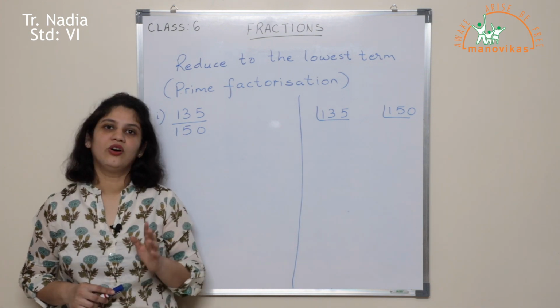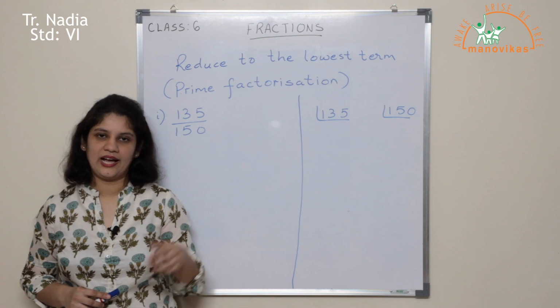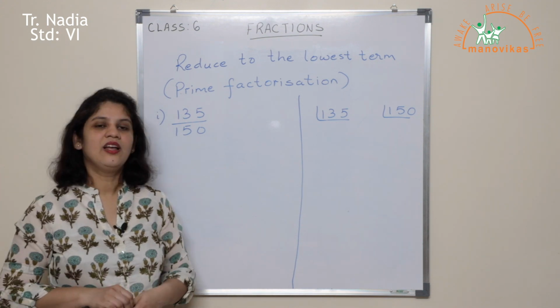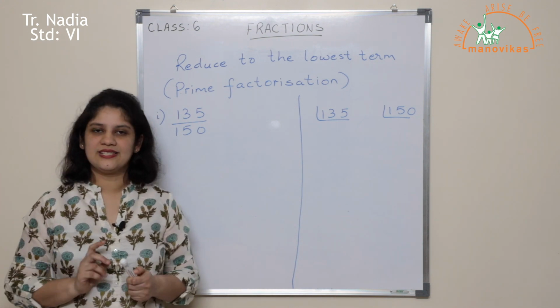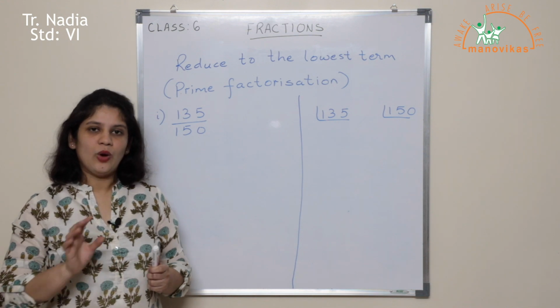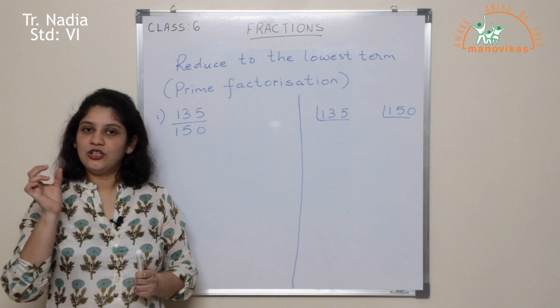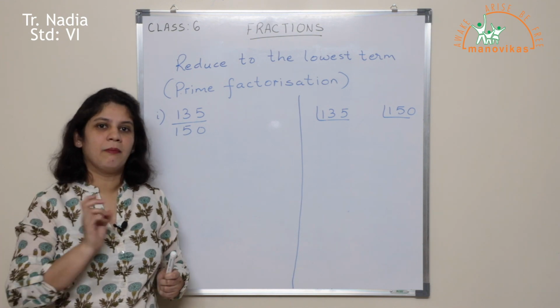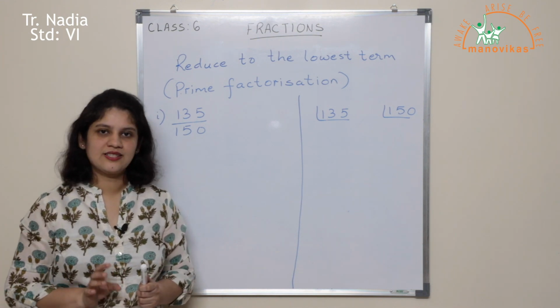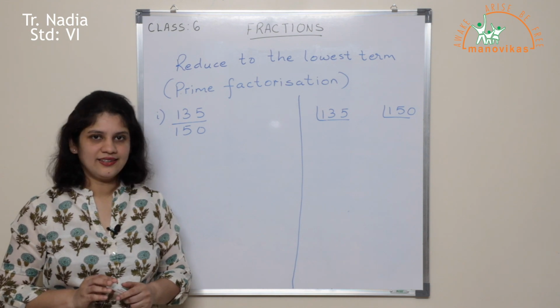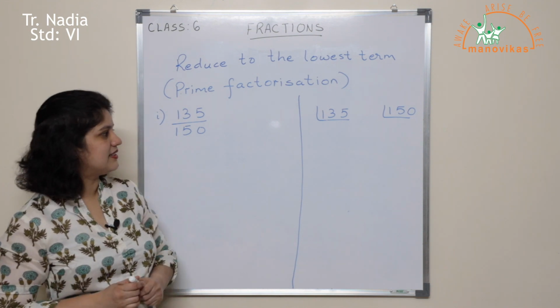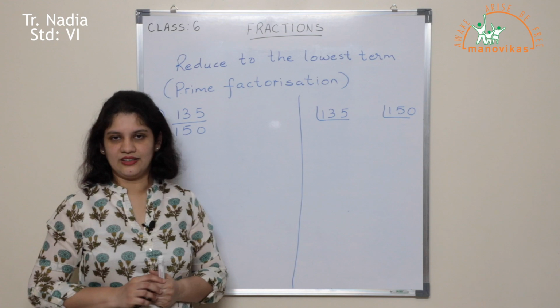And there is a rule for dividing by 3 also. I had told you this last year as well. How do we check whether a number is divisible by 3? You add up all the digits and check the total. If the total is a multiple of 3, that means that number can be divided by 3. Now let us take this example, 135.